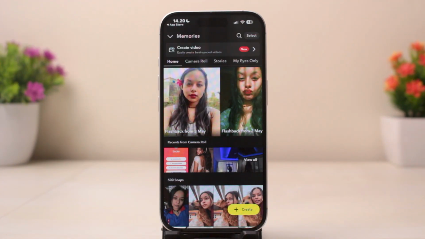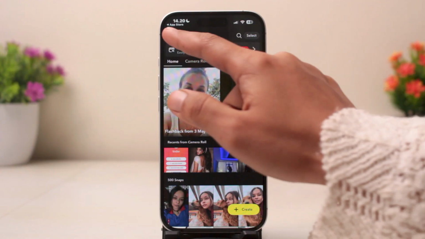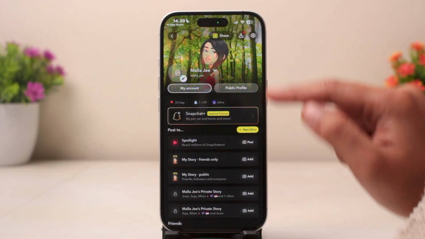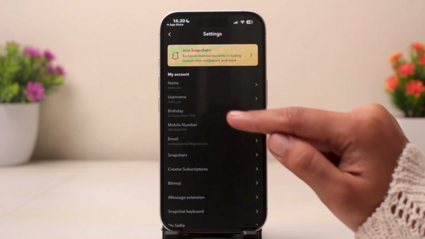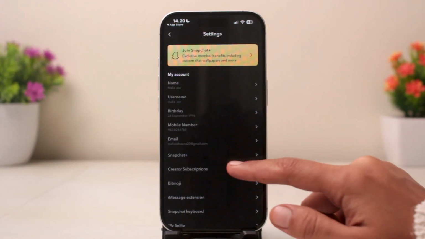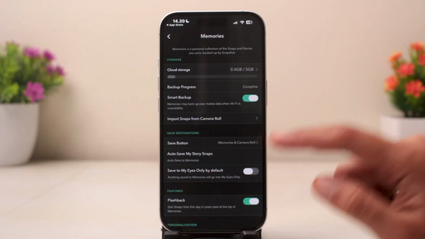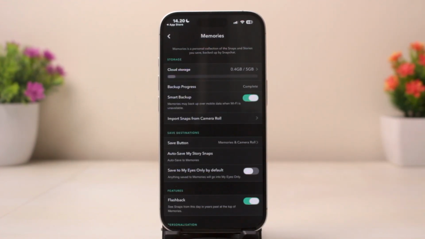Now the next thing you can do is go to your Bitmoji icon at the top left corner of your screen. Now tap on the settings icon in the top right corner of your screen. Now scroll down to memories. Once you tap on memories, what you can do is